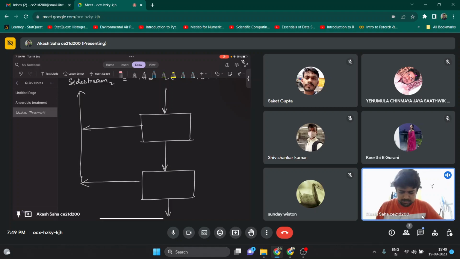Okay, so let's see now. Suppose this is the raw combined sludge that was coming. So the volume, or you can say the flow rate, that is the volume per day, it is 500 meter